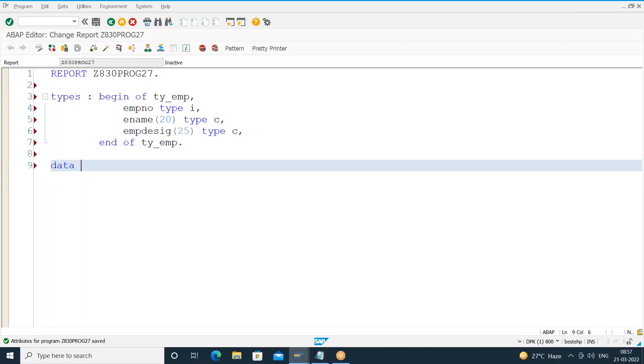Actually, one more thing I forgot last class. Internal tables are classified into two types: indexed internal table and non-indexed internal table. Again, indexed internal table is classified into two types: standard and sorted. And under non-index, we have the hashed internal table. So if you see this slide,